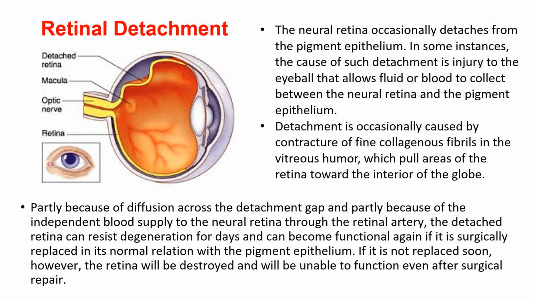Partly because of diffusion across the detachment gap and partly because of the independent blood supply to the neural retina through the retinal artery, the detached retina can resist degeneration for days and can become functional again if it is surgically replaced in its normal relation with the pigment epithelium. If it is not replaced soon, however, the retina will be destroyed and will be unable to function even after